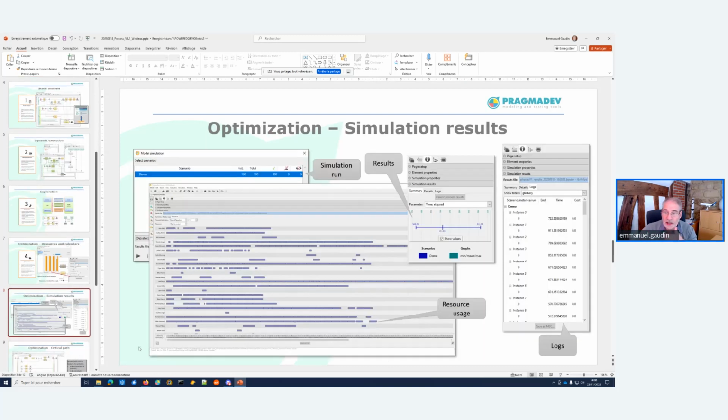And then in the end, what you get is a statistical evaluation of lead time, the time spent to do the whole process, or maybe a part of the process, or the number of times you executed an activity, and so on. You decide what you want to target. And of course, that provides you with a distribution for the result. It also shows you the usage of your resources. Maybe you are underusing your resources, or maybe you're missing some resources. Then you can analyze it graphically, and correct, and maybe allocate some more resources, reorganize the process, or